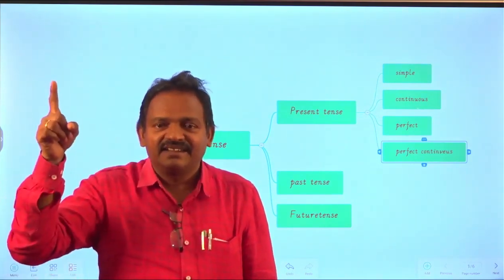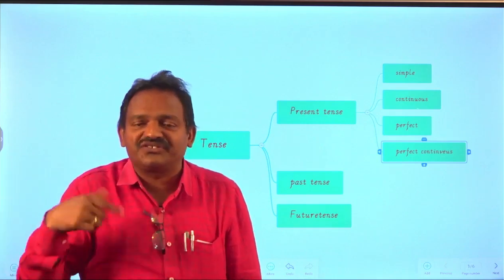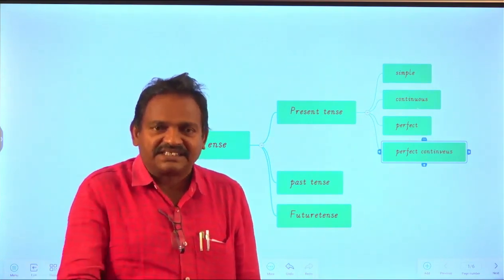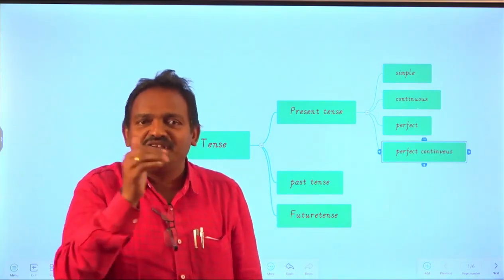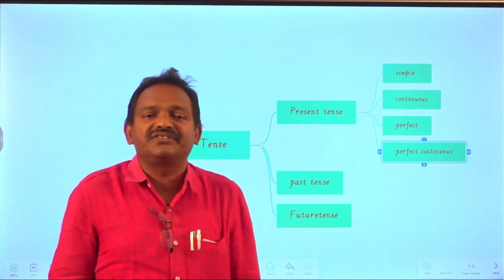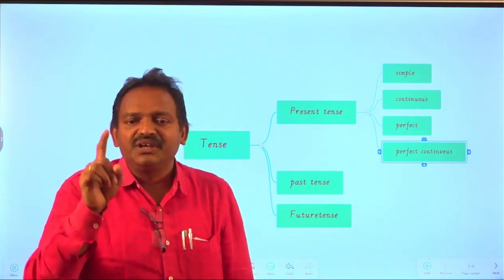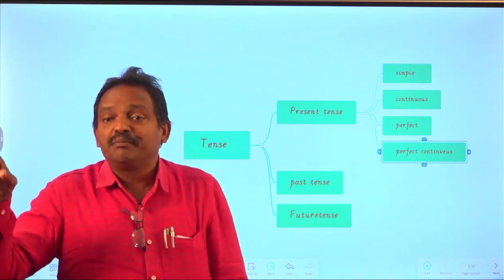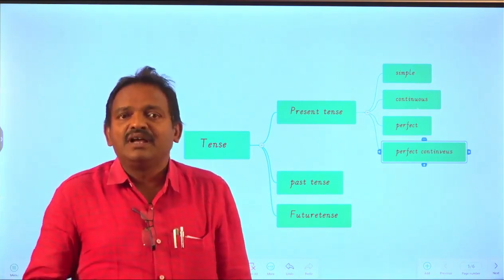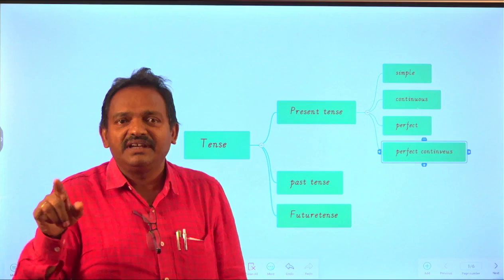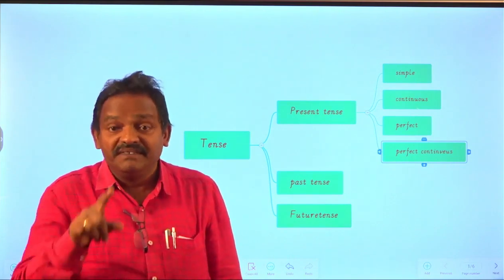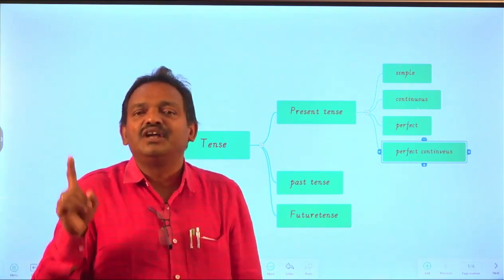"It is raining." Yes, only when it is raining at that time, you have to say "It is raining." You have to use the sentence in the present continuous tense. That means the action is going on at the present time. So the structure of the present continuous tense is subject plus is, am, are plus present participle. Generally in the English language, my friends, two participles are there: present participle and past participle. V1 plus ing is called present participle. For example, go, going is called present participle. V3: go, went, gone. Gone is called past participle.